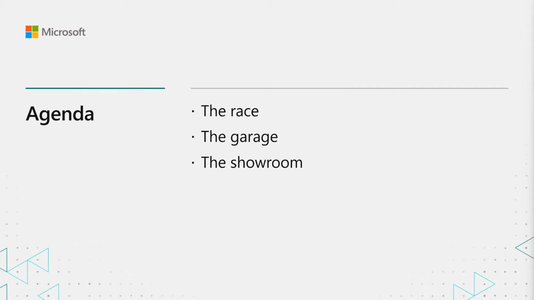The agenda for the talk today is these three items. We're first going to start looking at a video that's fresh off the presses, which we call the race. After that, we're going to head into the garage and look at how we used Simplygon to produce the assets we saw in that video. And then finally, we're going to go to the showroom to just quickly look through and scrutinize these objects a bit more. So let's just get into it.